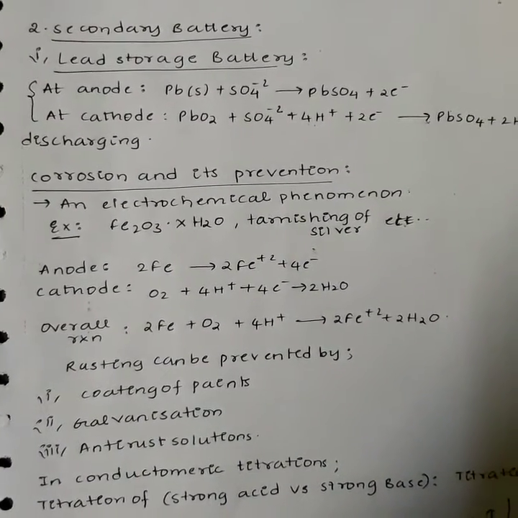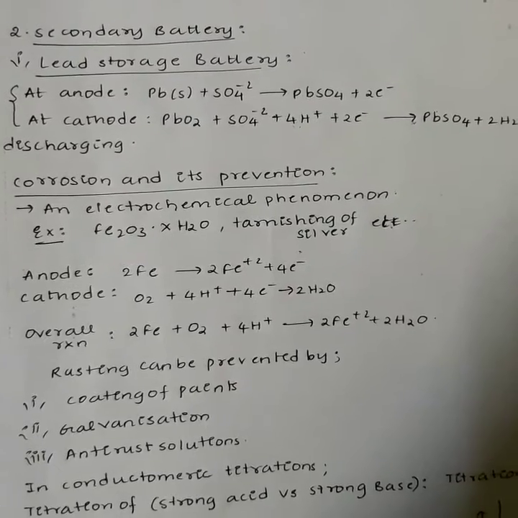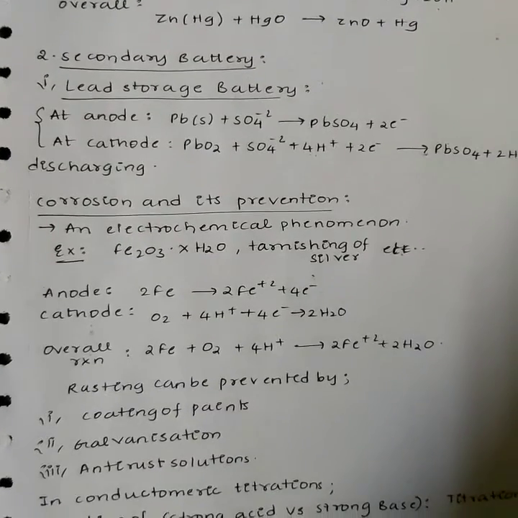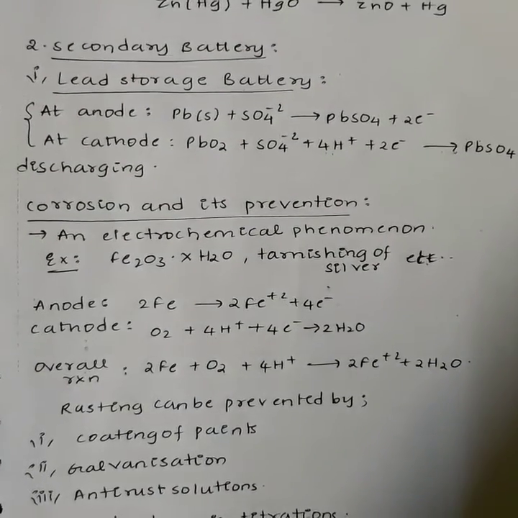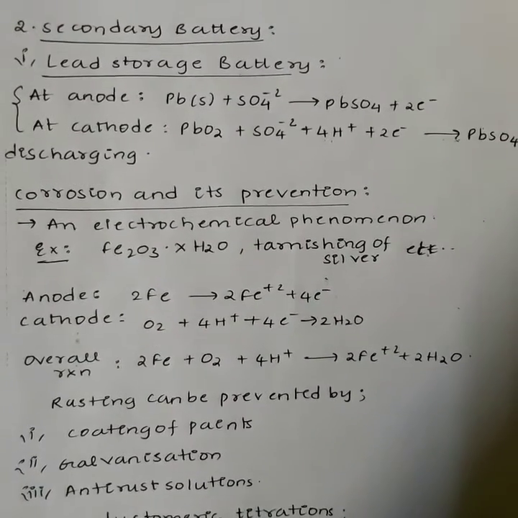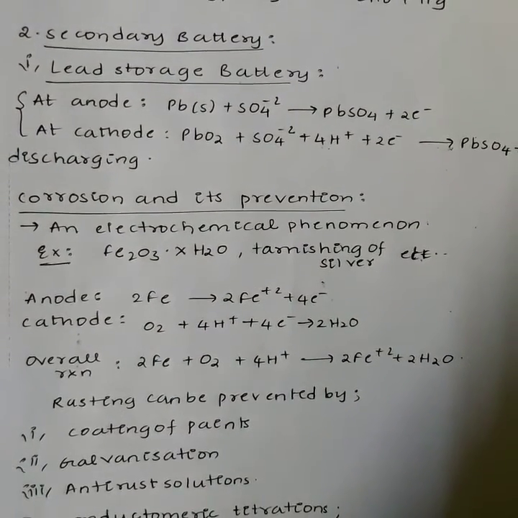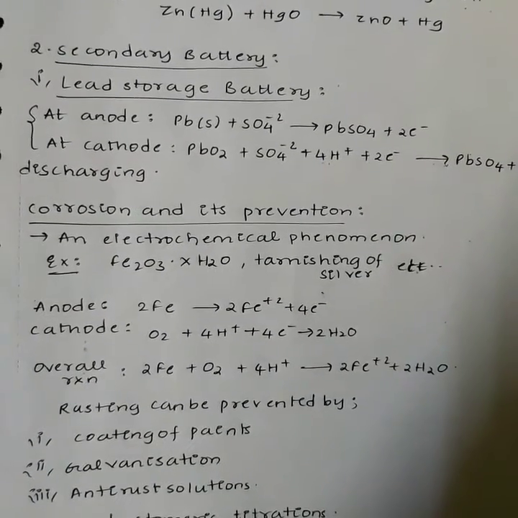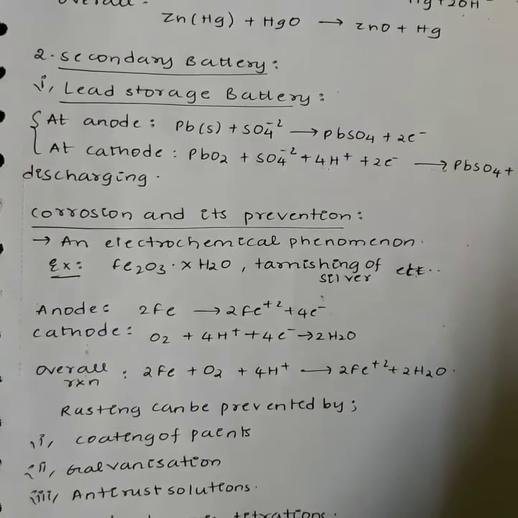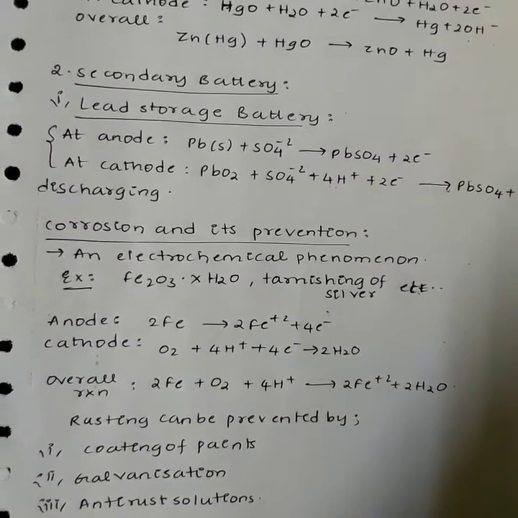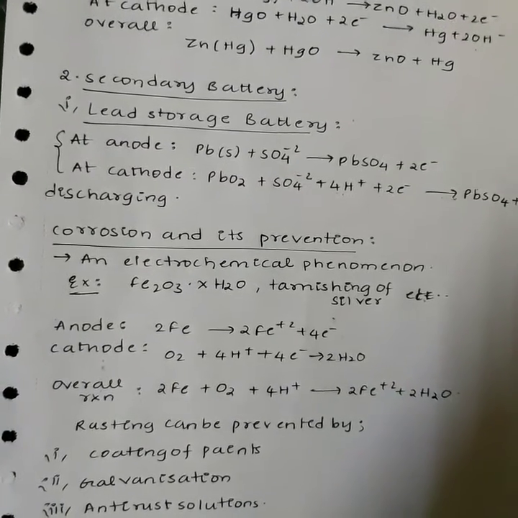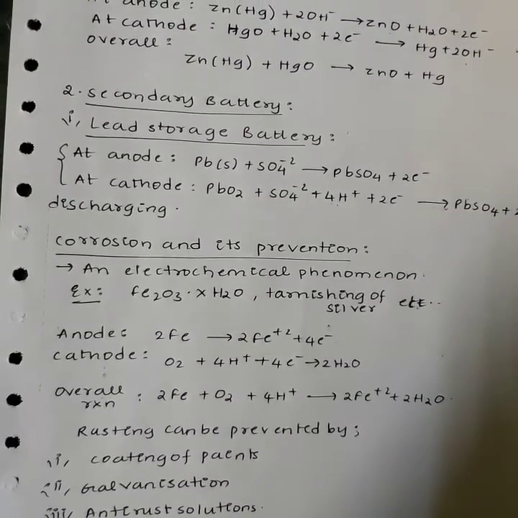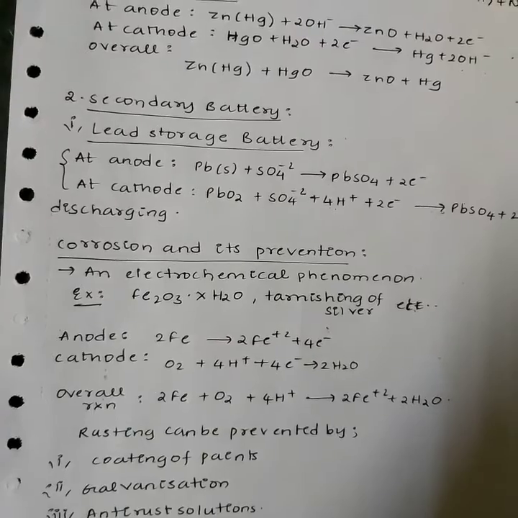Secondary battery. These are also called reversible galvanic or voltaic cells. These are rechargeable because on charging reaction becomes reverse. Example, lead storage battery, nickel cadmium cell, etc. Lead storage battery. In lead storage battery, the electrodes are made of lead and the electrolyte consists of dilute sulfuric acid. The electrodes are usually cast from lead alloy containing 7 to 12% of antimony to give an increased hardness and corrosion resistance, and a small amount of tin for better casting properties. The electrodes are coated with a paste of lead oxide, that is PbO, and finely divided lead.